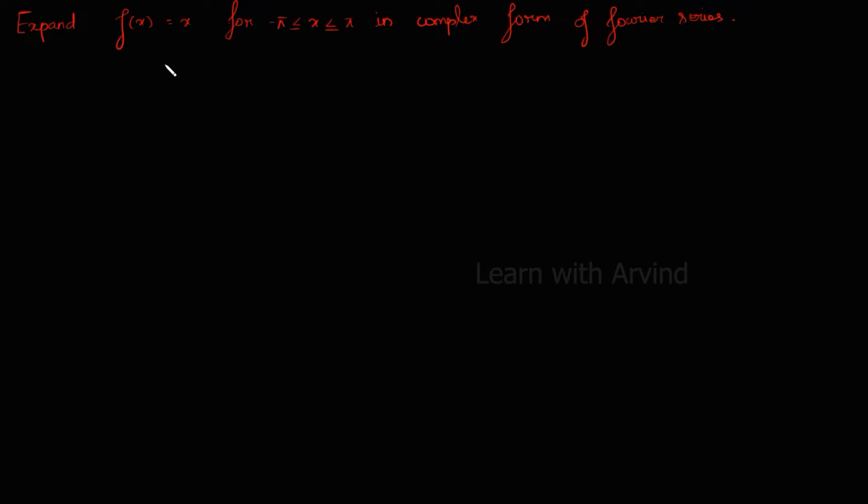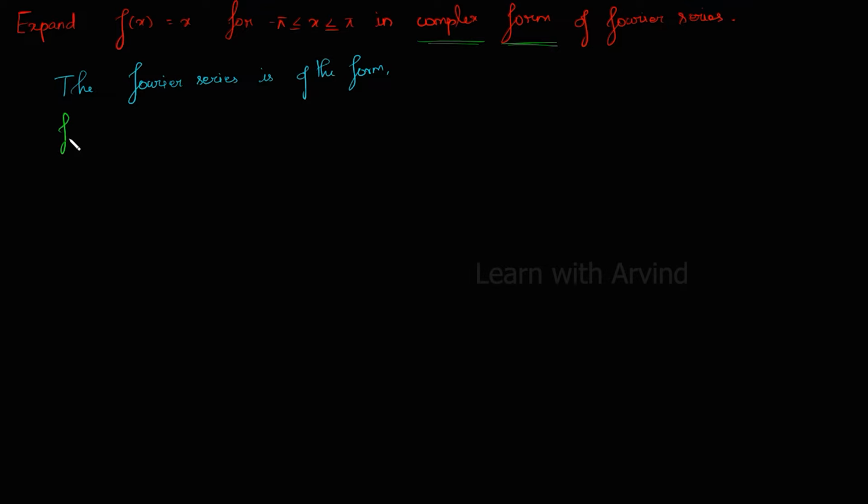In this video, we'll be solving f of x is equal to x. We already solved this problem, but in this video, we'll be solving it using the complex form of Fourier series. The Fourier series is of the form